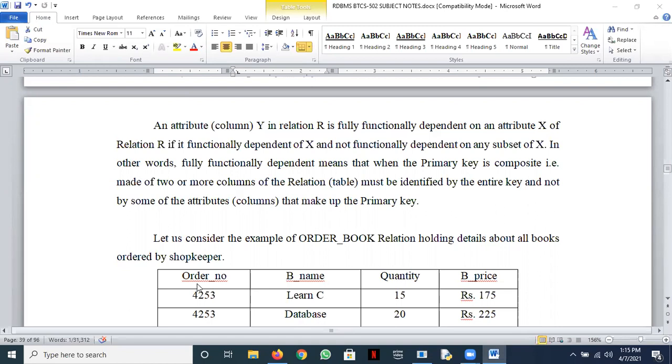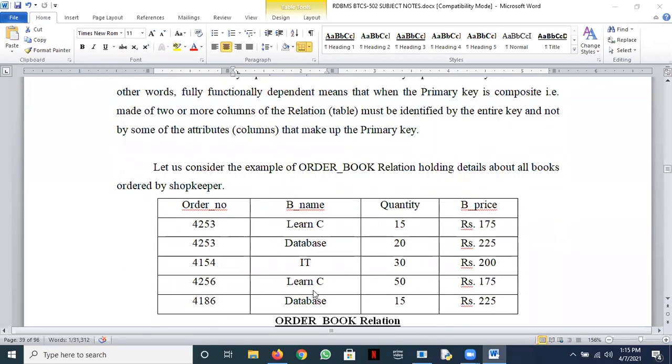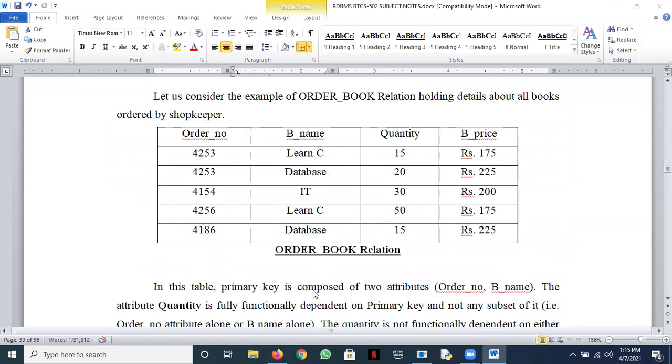Very good. It is partially dependent. It is only dependent on the partial key, not on the full key. Okay. So what problems? Abhijit, you can mute yourself. Thank you. Now, what problems is it going to give us? So we say that this is in first normal form, but it is not in second normal form.